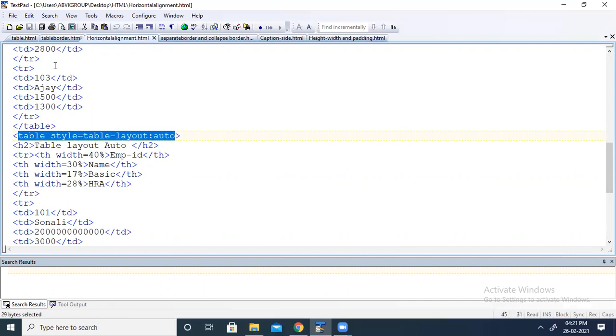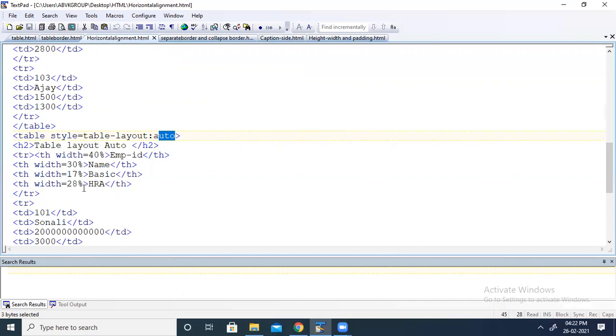Table style, that was the first table, its work is done here with the closing of the table tag. Now I am taking the second table. In the second table, style equal to table-layout, this is the property, and colon auto is the value. So in this table, the size is going to be automatically adjusted if I am inserting a huge data. So the size of the table will be automatically adjusted.